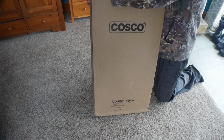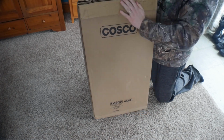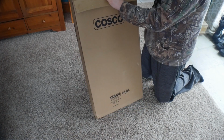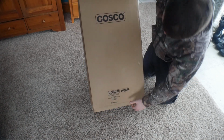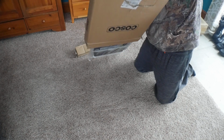So we got this in case I need to get stuff down in the garage or in our home. It's always nice to have a stepladder, and this one had good ratings on it, so I'm hoping it's as good